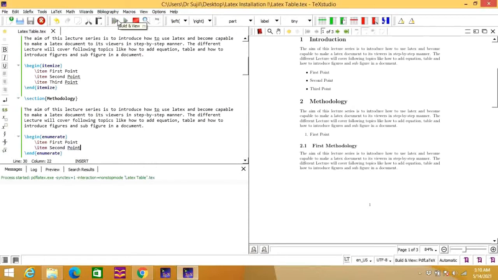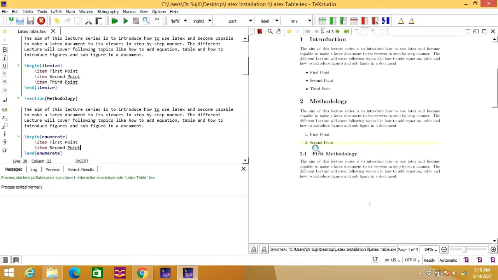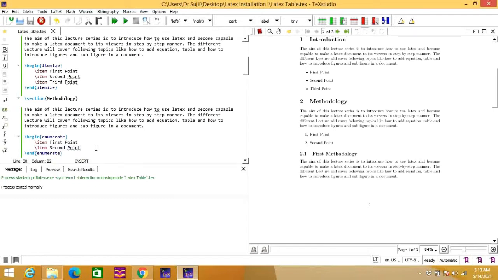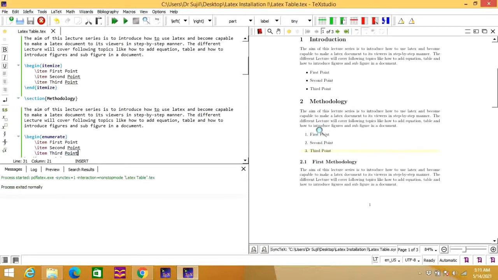Now you run it, and you can see the second point appears here like this. Now if you want one more point, \item, third point, you can write. Likewise you can add any number of items over here.